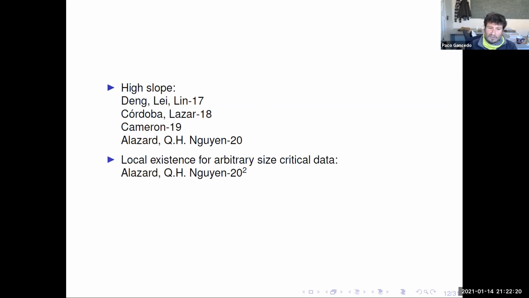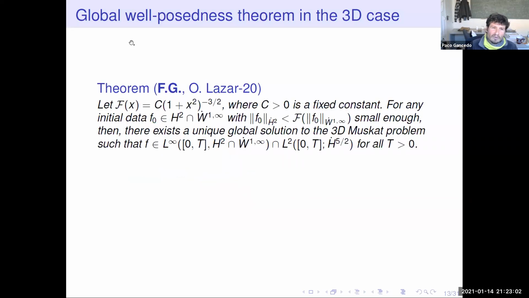Also there are recent results in which you can have critical data with the slope and without the slope, just measuring in L2 Sobolev. Here you have two results. You can have local systems when the slope is very high, or even without the slope bound, so the slope can be unbounded, and the critical setting in Sobolev is H^{3/2}. These results that I already told you are in 2D, 1D interface.